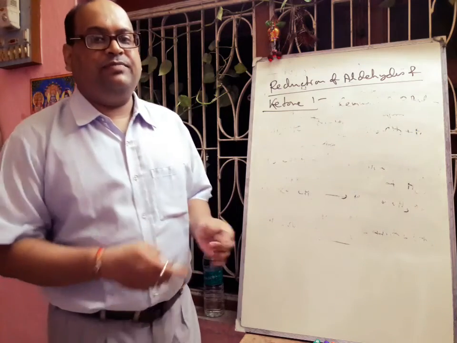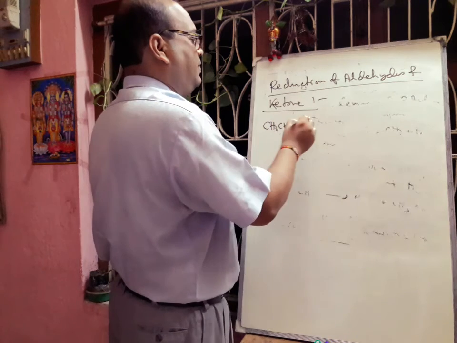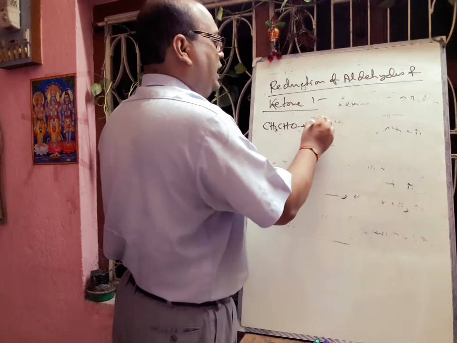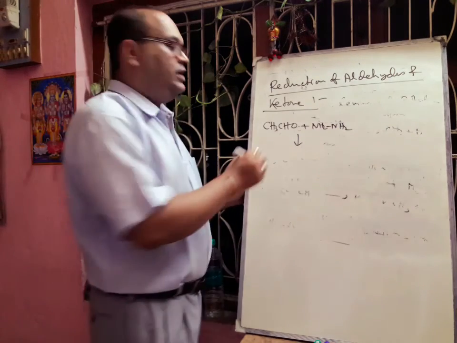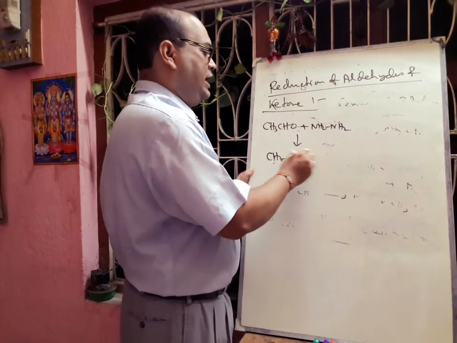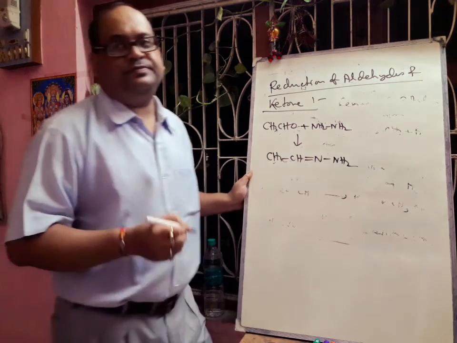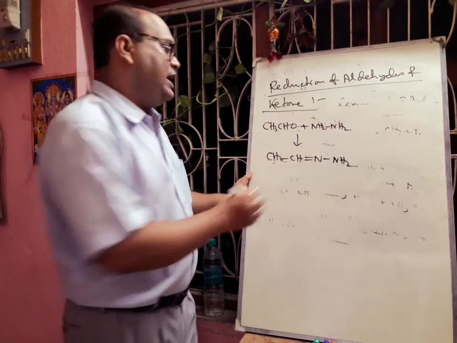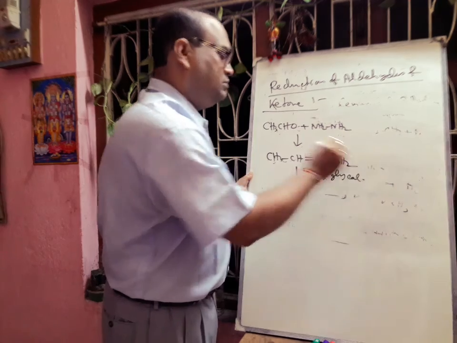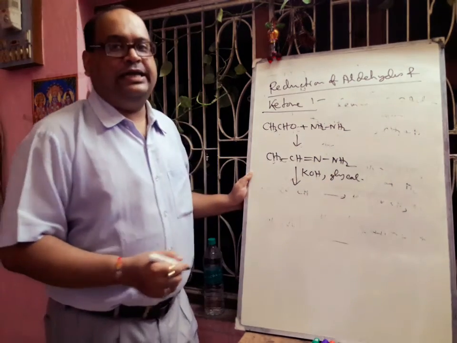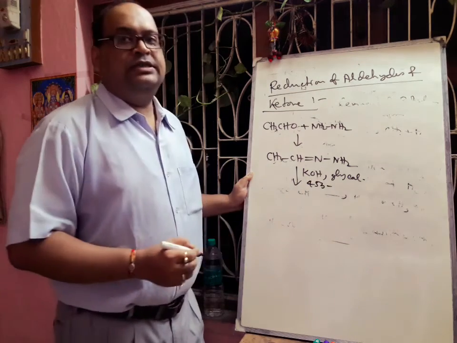If we take one example, CH3CHO plus NH2NH2, hydrazine, that will form the corresponding CH3CH=NNH2. If we add KOH in glycol and apply heat around 453 to 473 Kelvin,